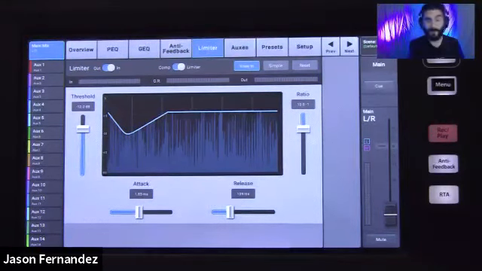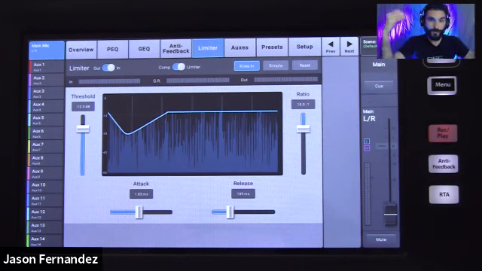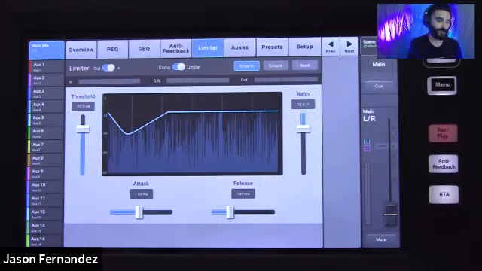This is used primarily on outputs to actually set a hard signal level limit for that output. If you don't want the level to go over a certain limit, you can use a limiter, hence the name, to limit that level. This can be done if you just want to set up some protection for any of your amplifiers or loudspeakers that are connected to that output down the line, or if you just want to have a hard stop for where that signal is going to get to.